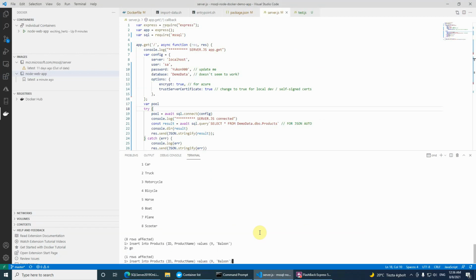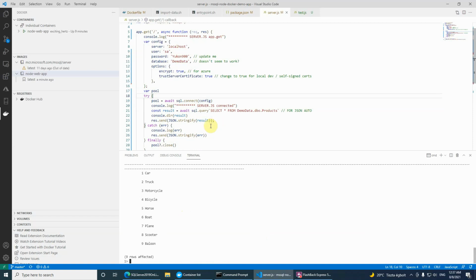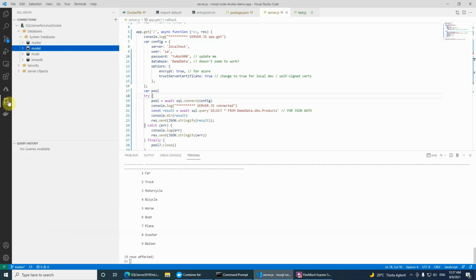New, yep, and select. Yes, now we have also the balloon. Okay, and then let's just experiment with SQL Server, just disconnect and connect. Yep, here we have the demo data, we have our products,